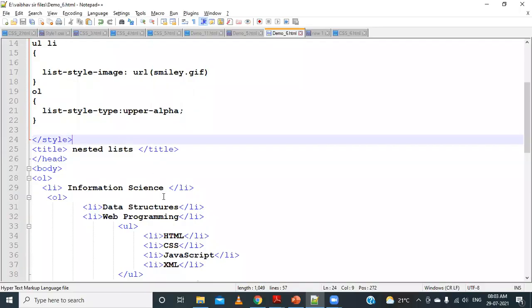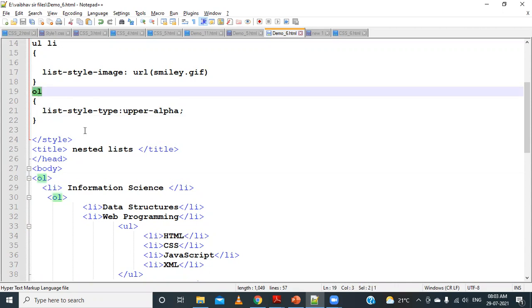So now what I have done is I have removed the inline level CSS, the inline level list property style for the ordered list, and I have made it the common one, that is, I have used the general selector OL. So now I have made the list-style-type as upper-alpha. Wherever I have OL, irrespective of how many OLs I have, for all these list items it will take the property as upper-alpha.